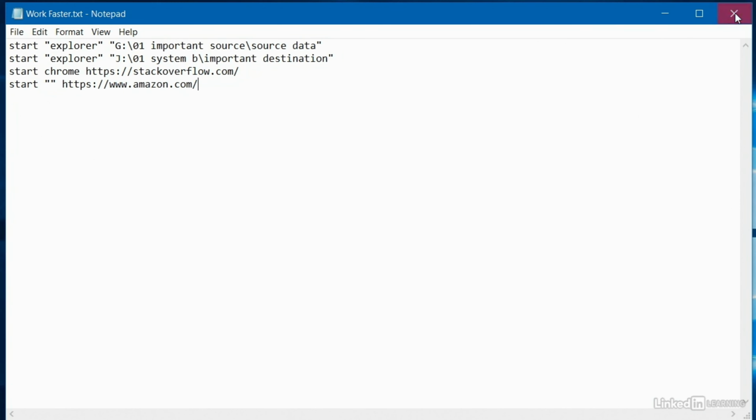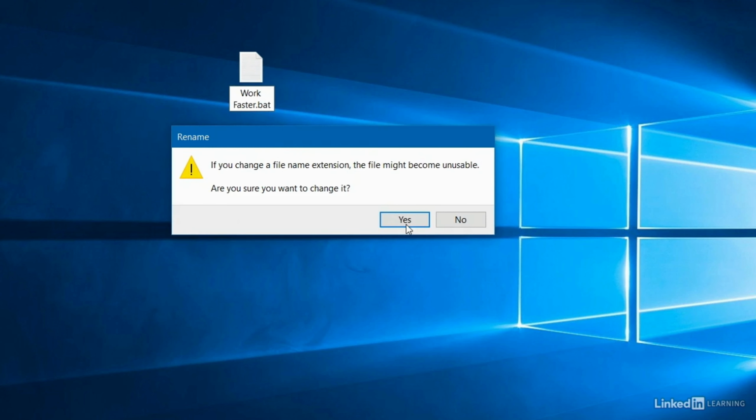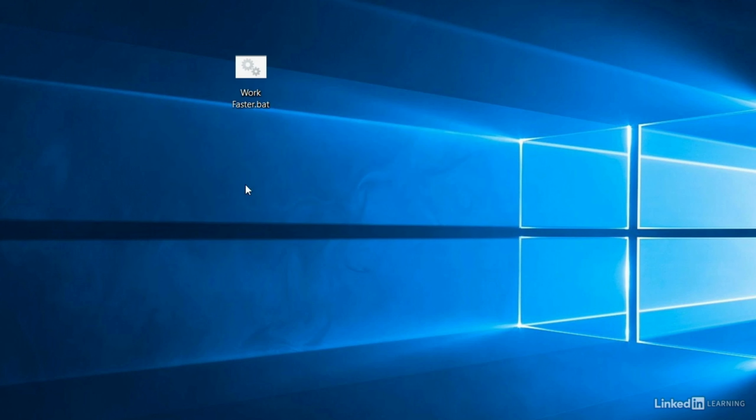Control-S to save and close that up. I'm going to close all of my windows there and close all the browsers too. Now I'll just click on this file name to select and rename the extension to .bat. Click Yes to accept the change. And now you can see that the icon has changed to some gears, which gives you a sense of what's